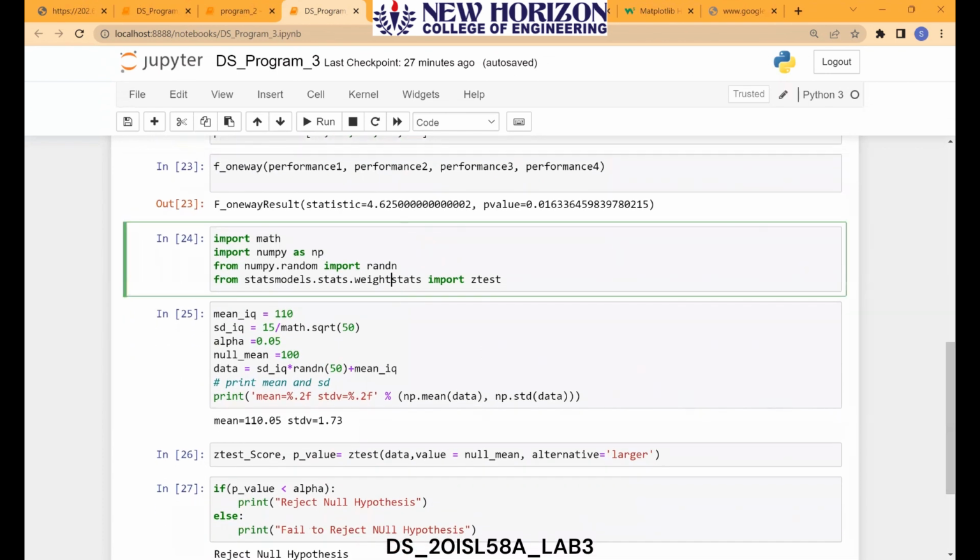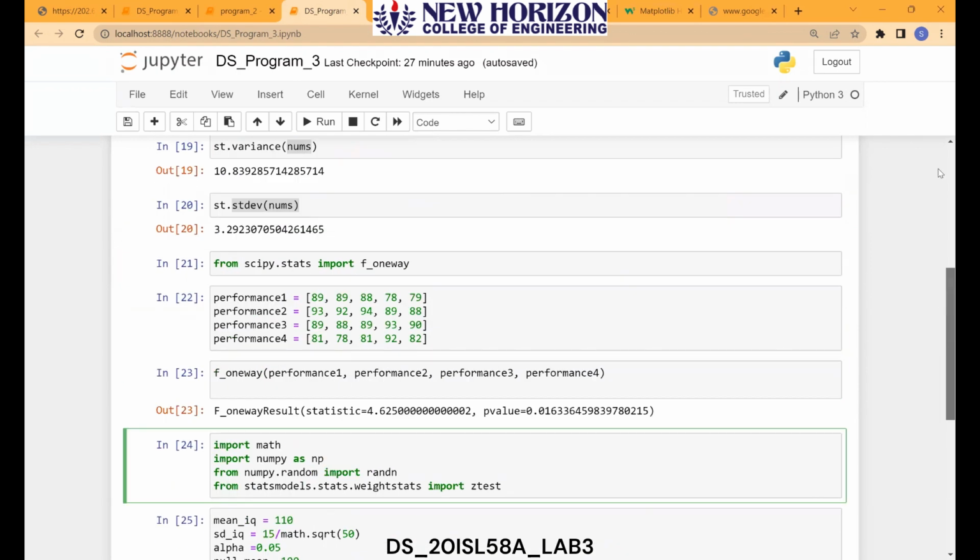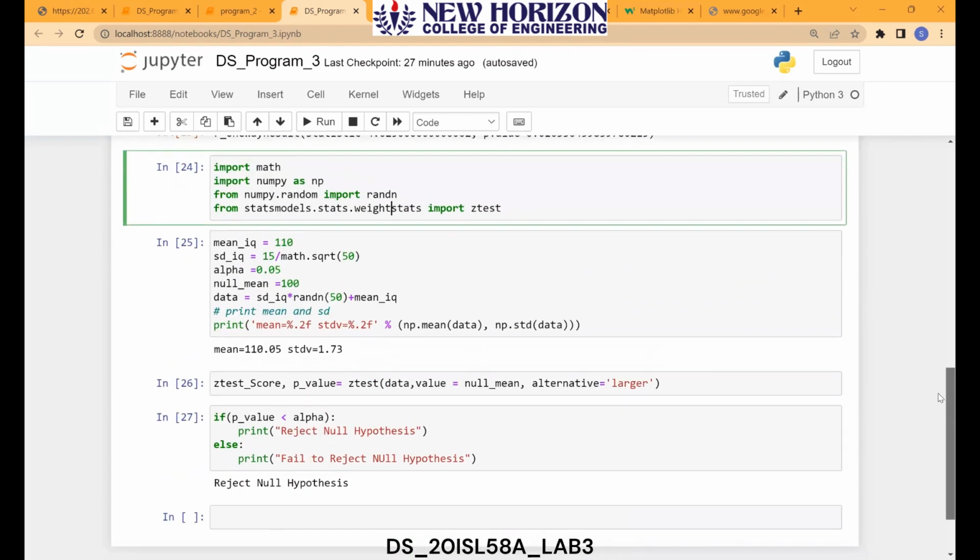Next one is hypothesis testing. When it comes to hypothesis testing, first you have to import the math library, then the NumPy package, numpy.random, and